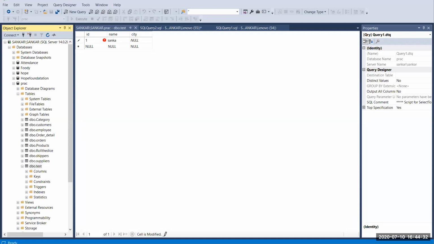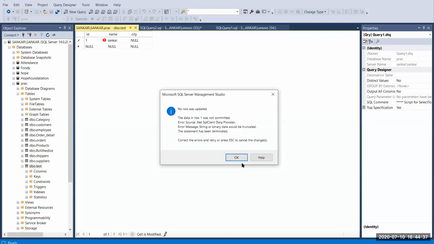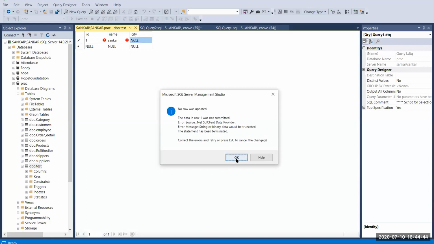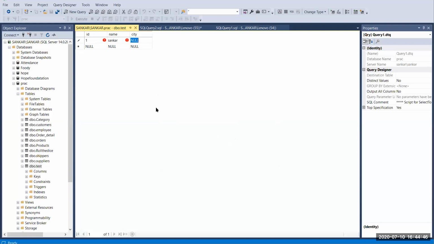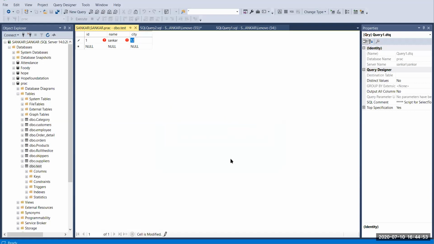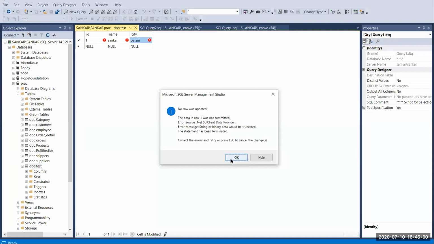Then I press tab and pass some value. For city, which is varchar, I'm going to give some colony. The data in row 1 was not committed, error source.